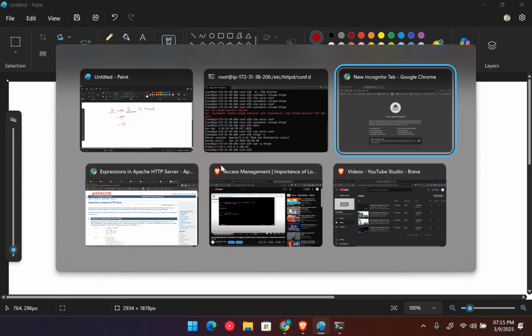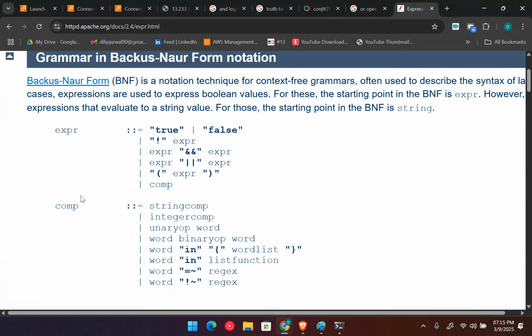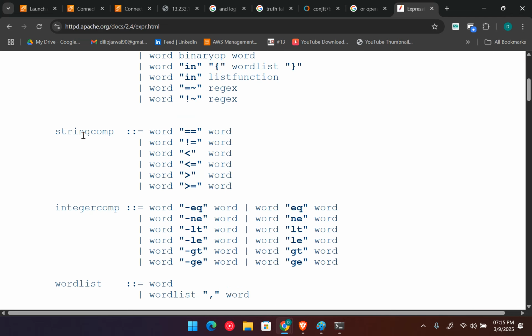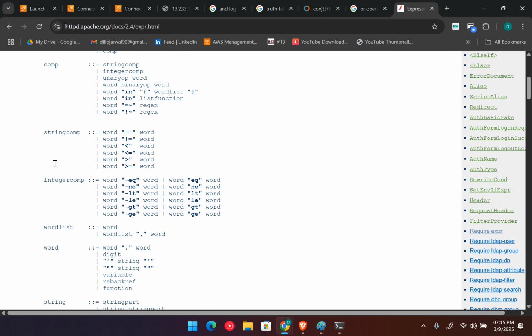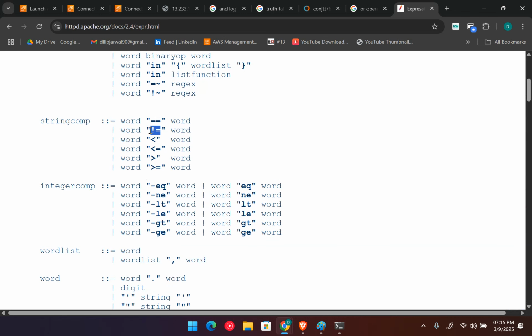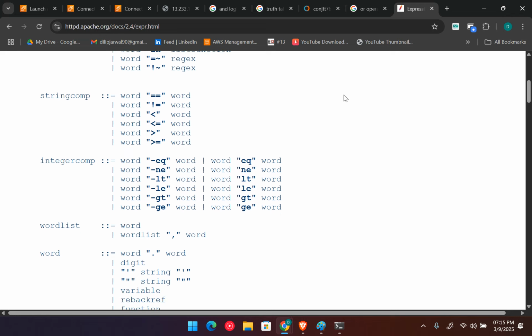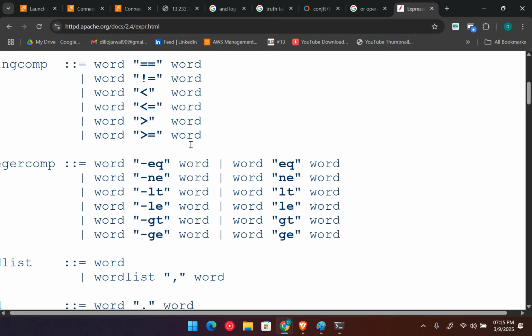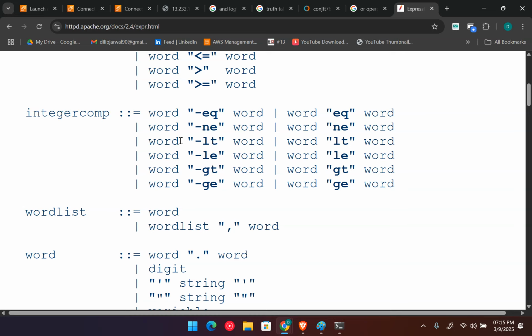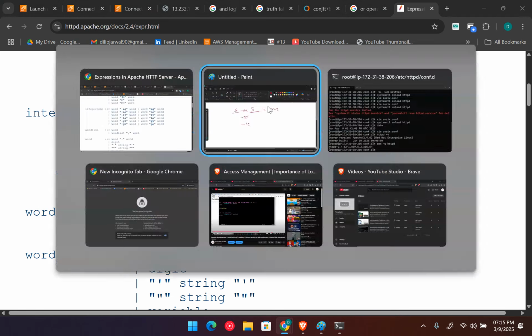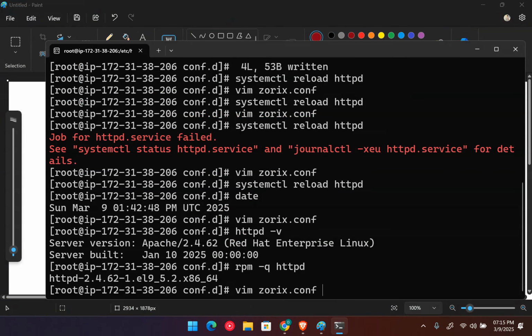if you check the documentation here, you can see this is the syntax they support for multiple things. This is the syntax we use for string equals to, not equals to, or less than, and there are many more. But for the integer, the number type, here we have logical operators. So these operators are available: equals to, less than, greater than, multiple operators we can use. So instead of using equals to in this file, we can type,